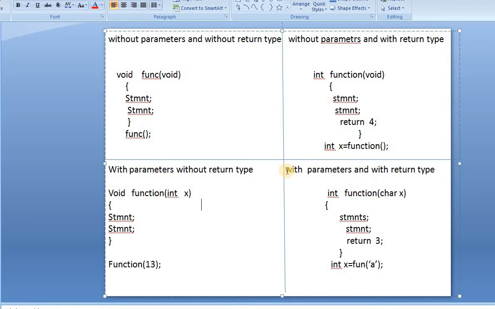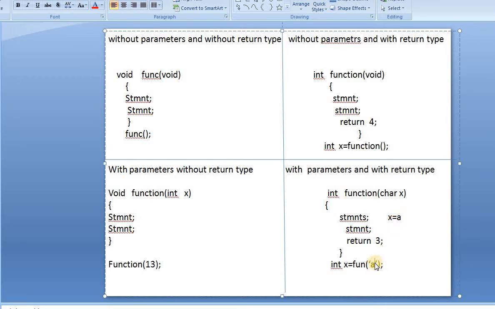Now coming to the last one, with parameters and with return type. Here I have a return type as well as parameters. First I'll give the input, x is equal to a, so x value will be stored with a. As this is a character type, I am representing it in single quotes.